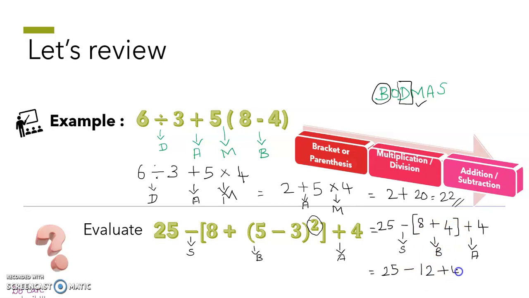25 minus 12 plus 4. So you have here a subtraction and addition. So what do you have to do first? Addition. So 25 plus 4 is 29 minus 12. So what is 29 minus 12? 17. So your answer would be 17. I hope with these two examples, the first objective is clear for you. If you remember this rule BODMAS, you can do it very easily. So this is a shortcut for you. Always remember the term BODMAS.